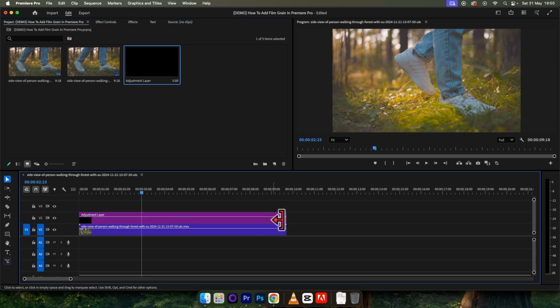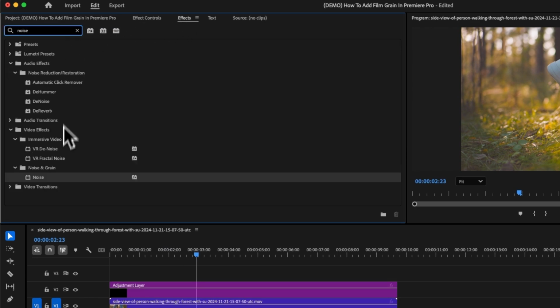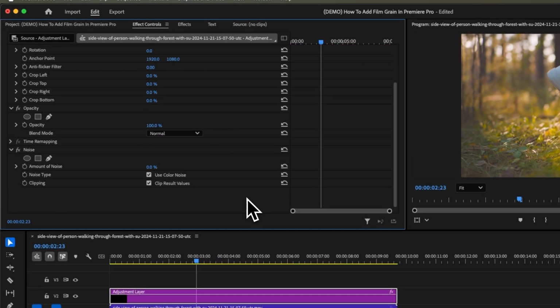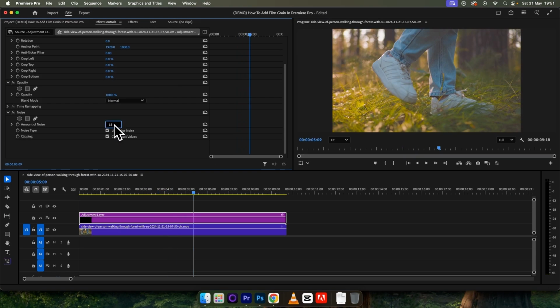Then come up to Effects and search for Noise, and then drag the noise effect onto your adjustment layer. Come up to Effect Controls, scroll down until you see Noise, and here we can increase the amount of noise that's on our video. I recommend playing back through your video to get a true look of how this noise